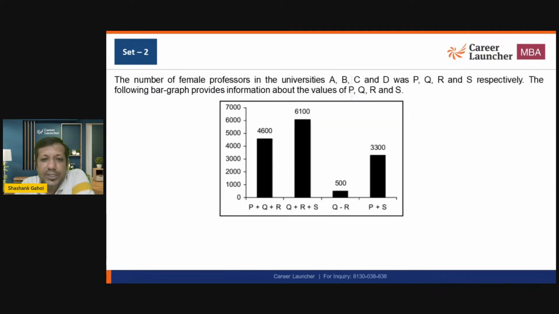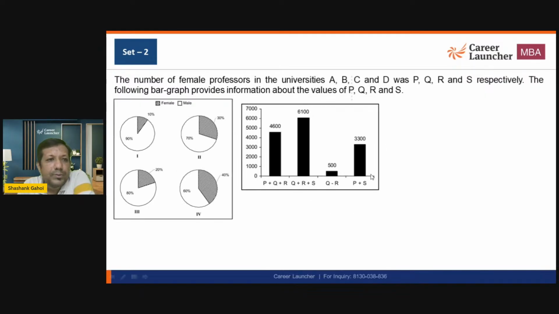अब इसको सॉल्व करने की कोशिश करते हैं, कैसे करेंगे देख लेते हैं। कि बेसिकली मैं यहां पे आता हूं कि आई हैव 4 पीपल ए बी सी डी, और ए में अपने पास पी प्रोफेसर्स हैं, फीमेल प्रोफेसर्स, क्यू हैं, आर हैं और एस है। ठीक है, यहाँ पे पी प्लस क्यू प्लस आर की वैल्यू गिवन है। सो आई एम गिवन in the format of bar graph, that is p plus q plus r, number of females that is equal to 4600। ठीक है, यहाँ पे अगले में बोला हुआ है s plus q plus r, instead of given in the format of equation or wordings, they have given us in graph।